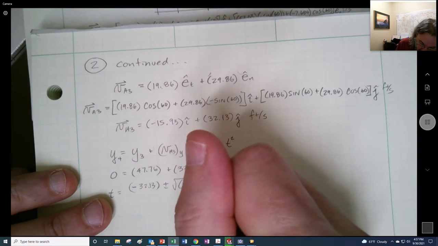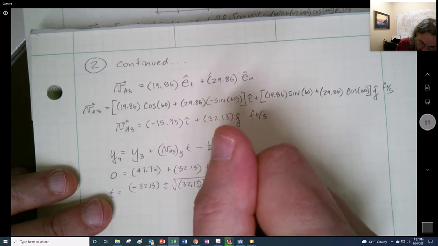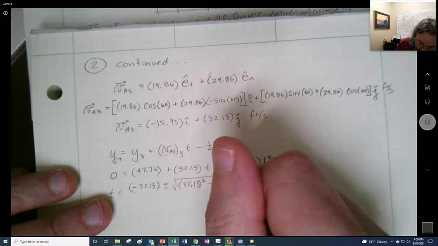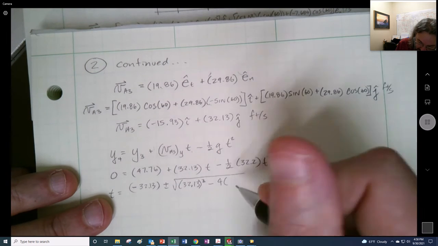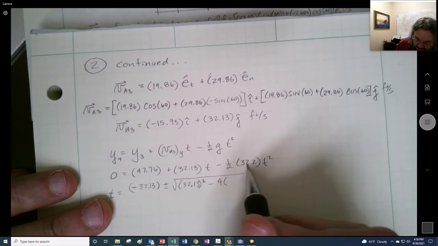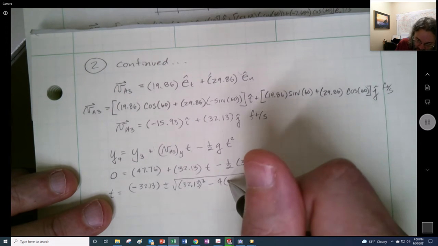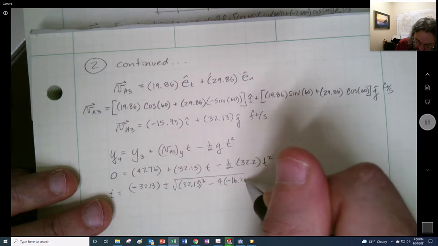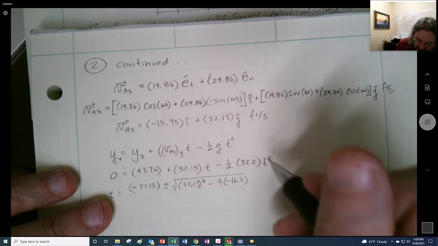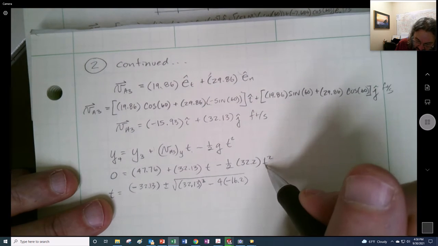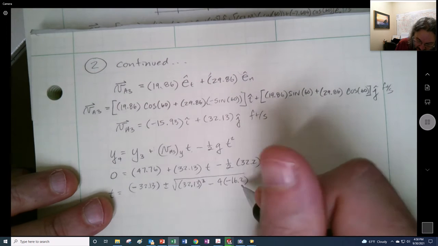Sorry about that. It's confusing because it's so close to being gravity, but it's not. And then it's going to be minus 4 times a, which is this 1/2 32.2. We know that's 16.2, but it's a negative 16.2. You'll see that negative is going to cancel out. And 4ac, so it's going to be times our